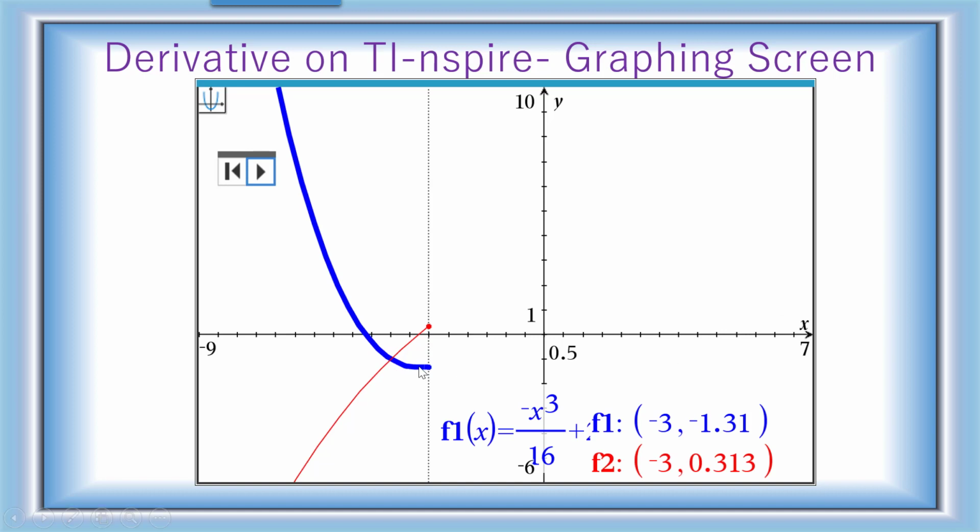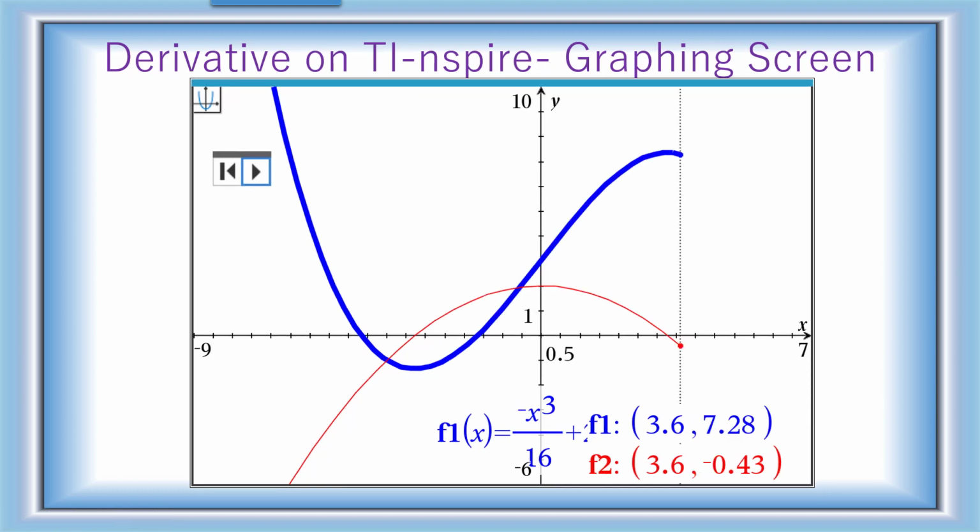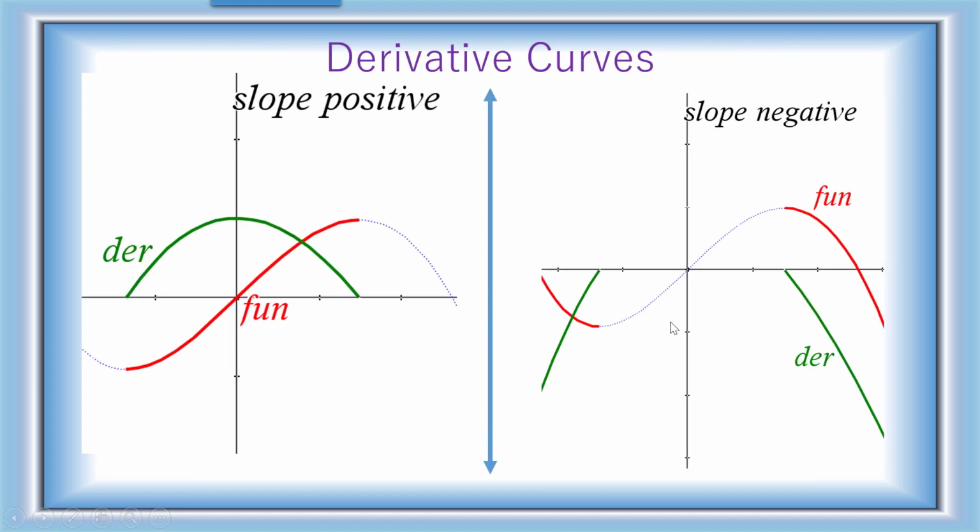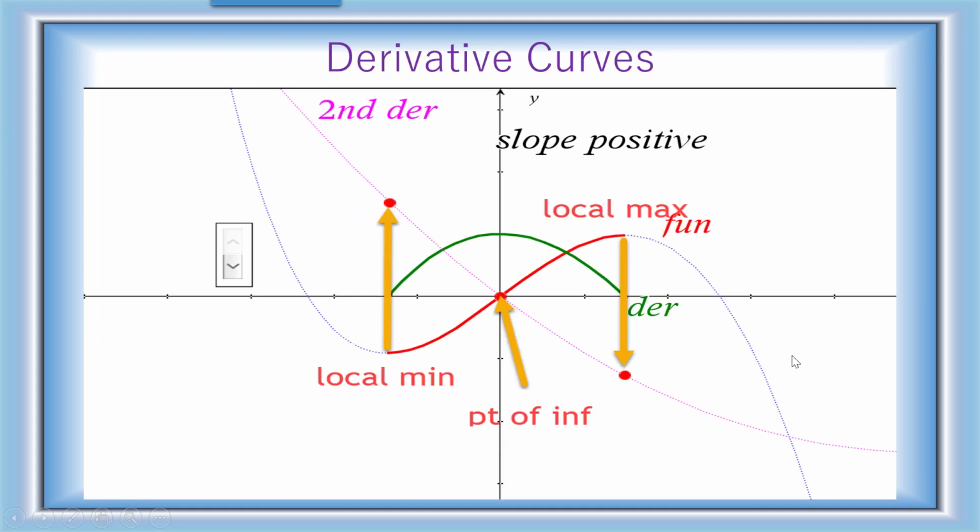And you can see at that point it has just about started turning, and the gradient has become positive, and that's why my curve has just gone over the x-axis. The gradient there is positive. The next screen shows another point, and the gradient has just gone past the turning point, so the gradient has started becoming negative, and the turning point was the x-axis. Now I just want you to have a look at these two screens as well. So the function has a positive gradient here, so the derivative is above the x-axis, and at these points the function has a negative gradient, and that is why the derivative is below the x-axis.